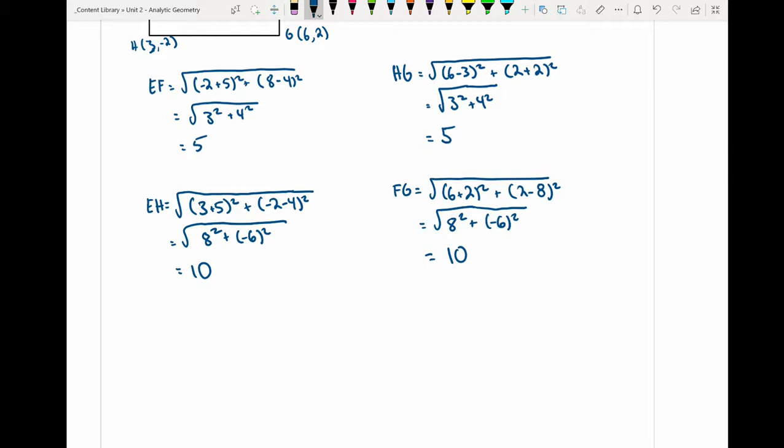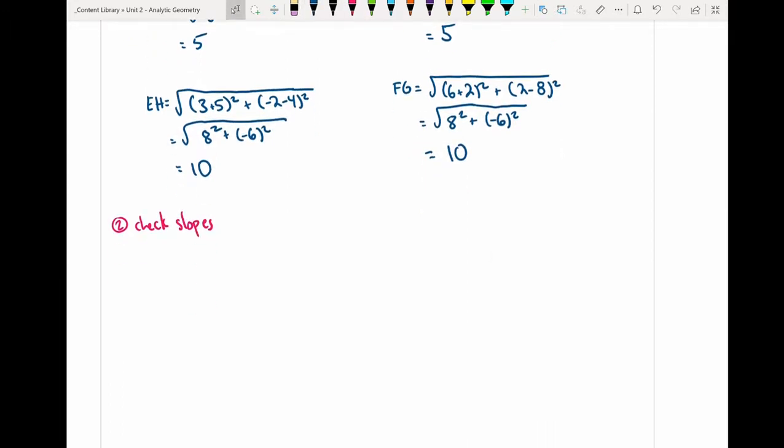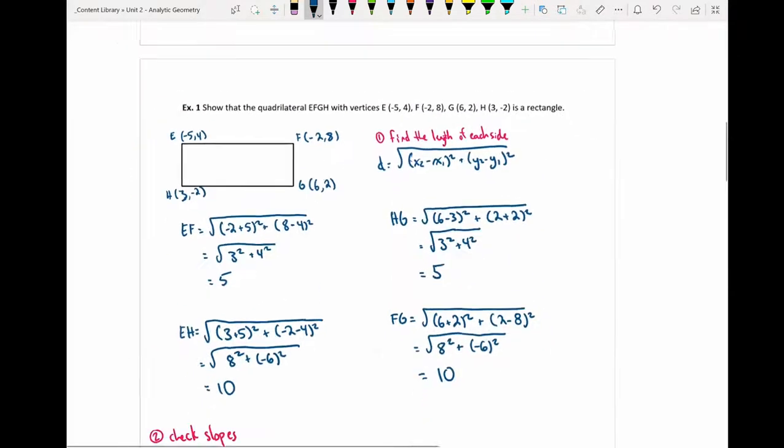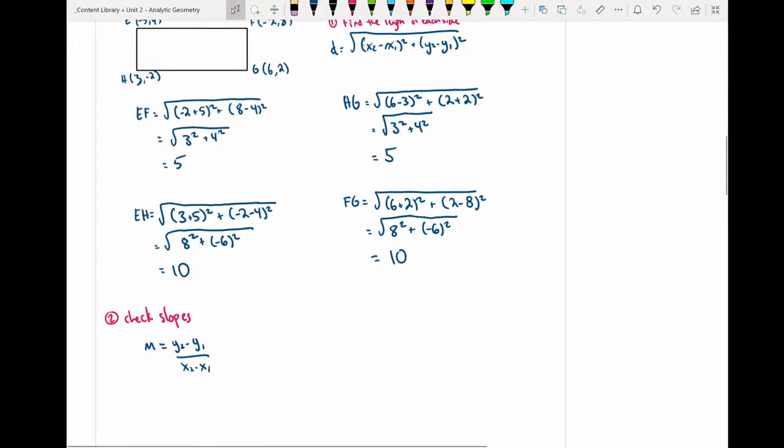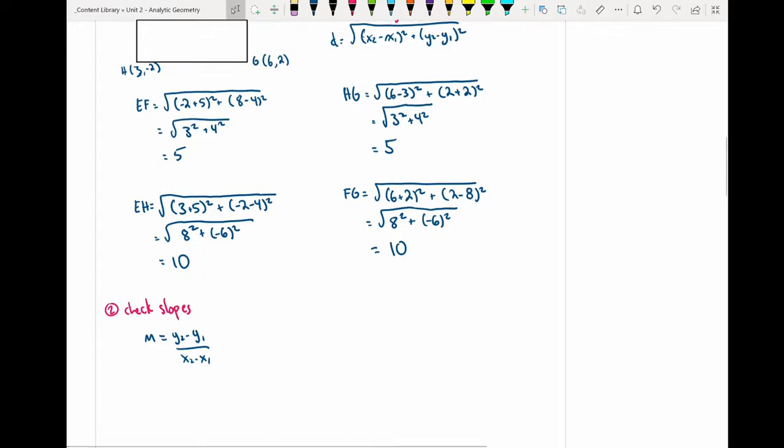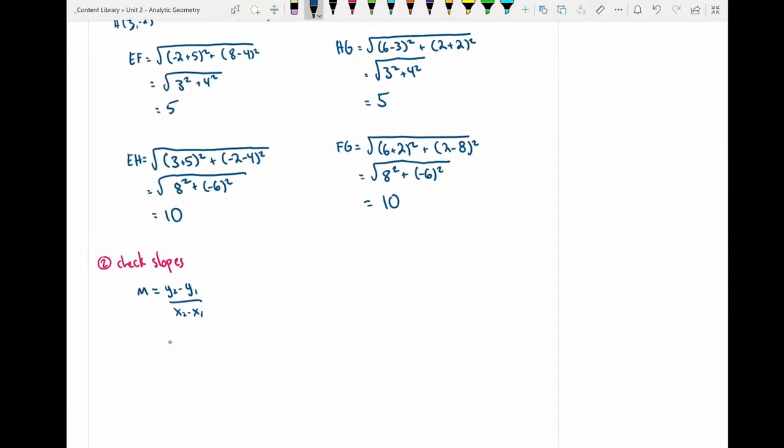So again, step 2, check slopes. And again, we're going to need to know m equals y2 minus y1 over x2 minus x1. And let's look at the slope of EH, right? So this vertical line, or at least in our example, it looks vertical, but in reality, it may be something different. So the slope of EH is going to equal